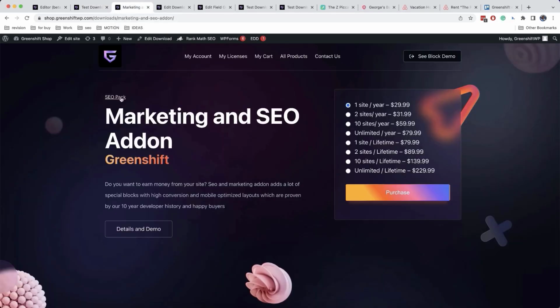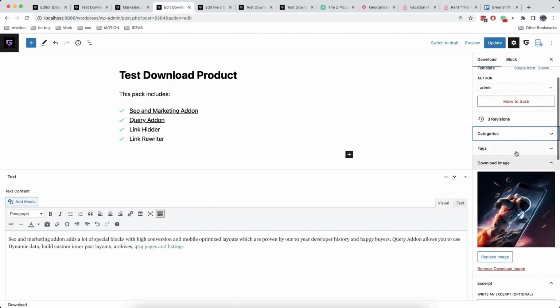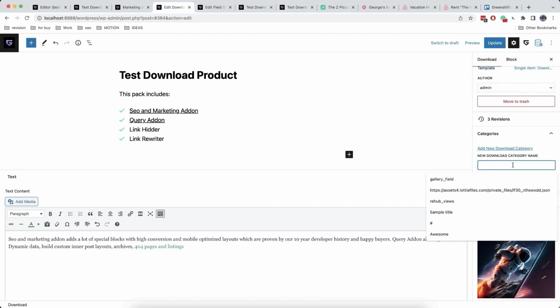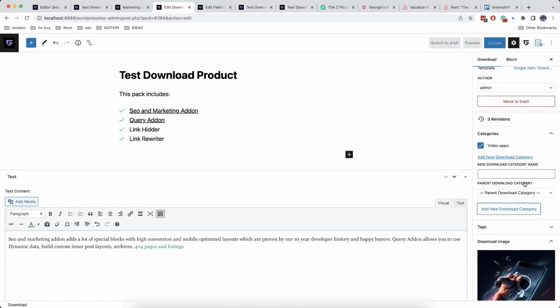Let's now add some more dynamic blocks. So first we will add the output of our category. So here is our product, and we will add a category. So we enter here video apps, and then we will click on add new download category. Then we update,